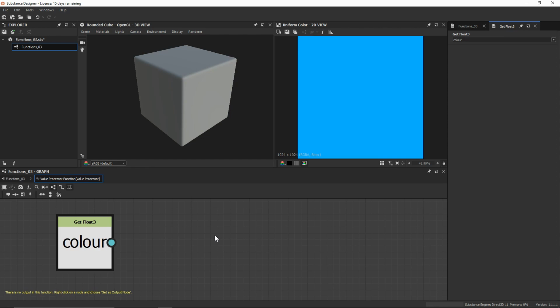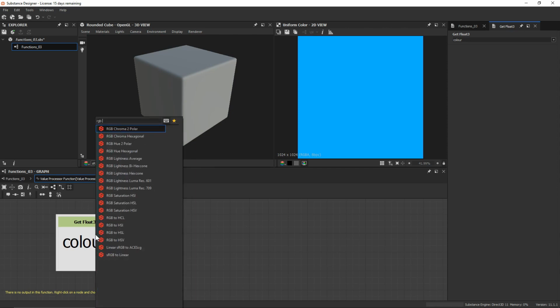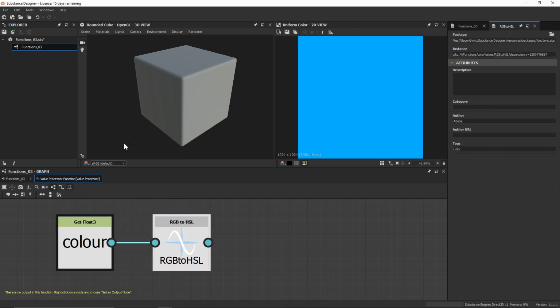So what we have to do is go ahead and just convert that to hue, saturation, and lightness. So I'm going to start typing in RGB2, and you can see that we can actually convert it to a couple different spaces here. So let's go ahead and change this to hue, saturation, and lightness, so that now any of that color information that we're getting from that parameter is now going to be operating within the HSL space